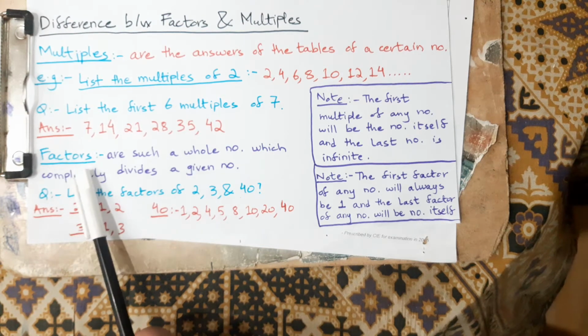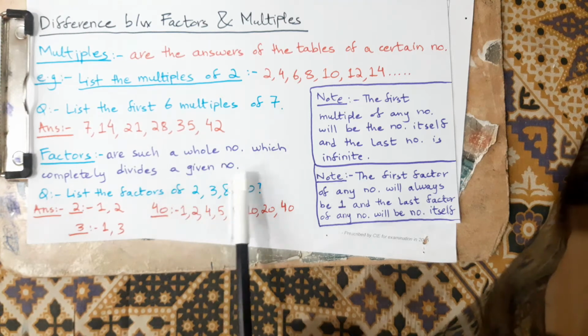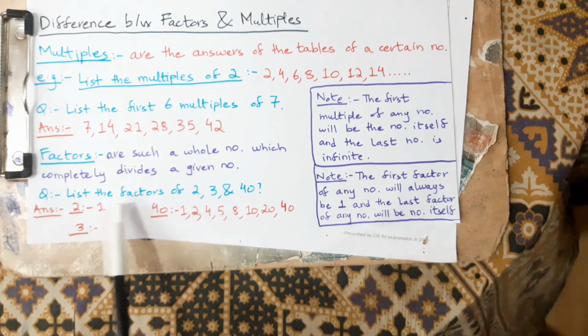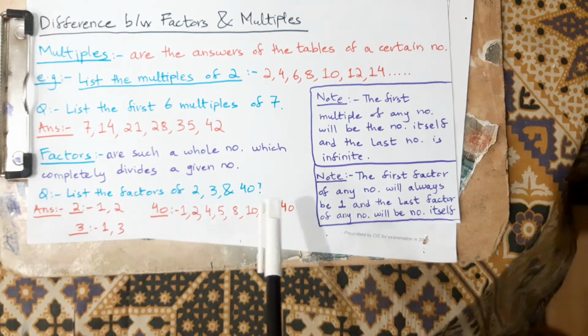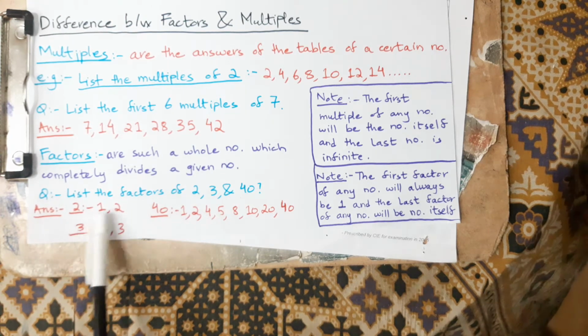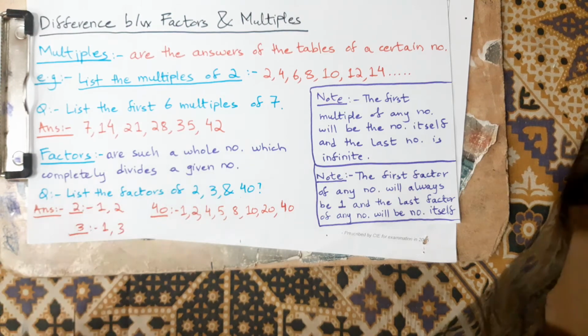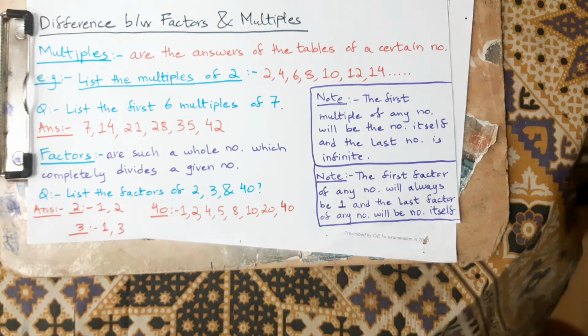And then factors. What are factors? Factors are whole numbers which completely divide a given number. For example, you are given a question, list the factors of 2, 3, and 40. If you are given a number, then you have to tell its factors. If I give you an easy definition of factors, I must tell you that